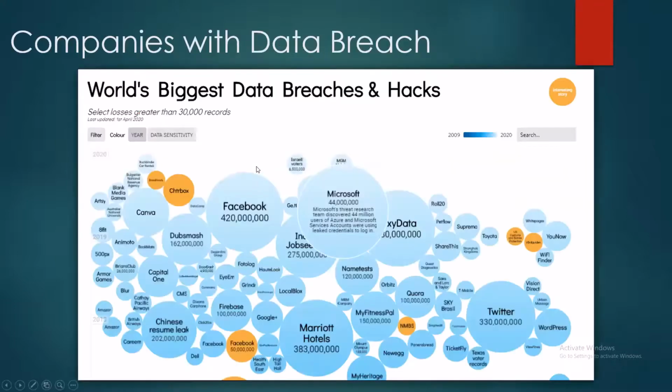Let's move on. As I showed you yesterday, some of the biggest breaches you'll come across, right? That site, Information is Beautiful, you see a lot of breaches there. If you want to go and read about them, there's a lot of information as to how these organizations got breached, and some of the technicalities as well.